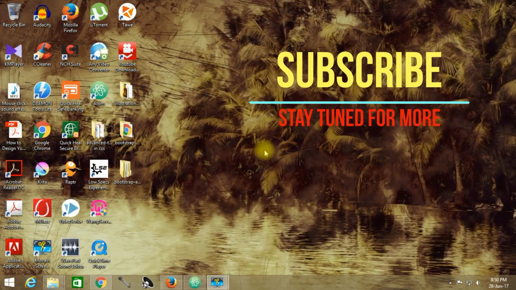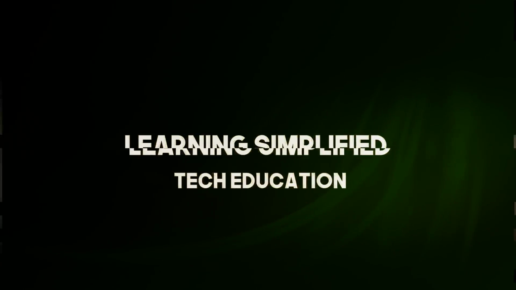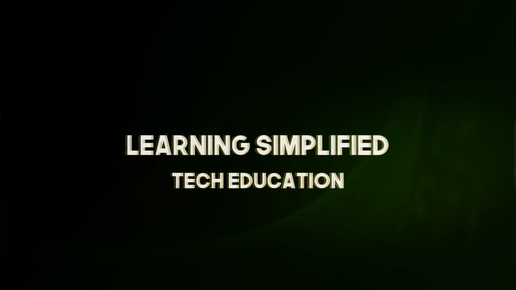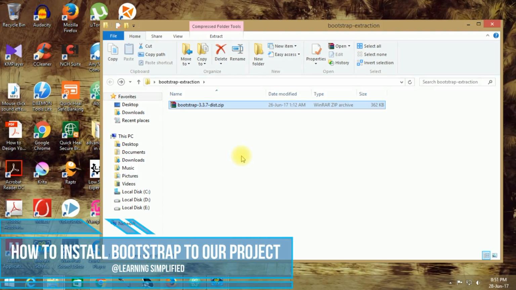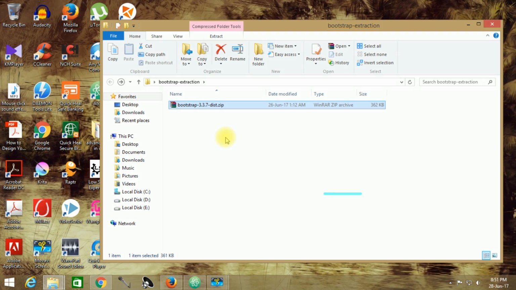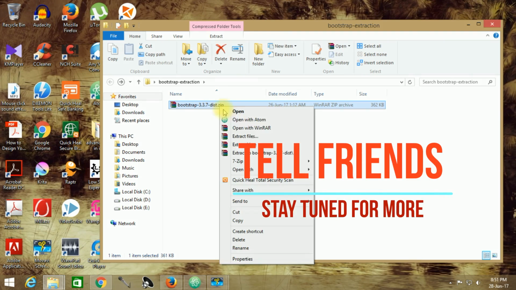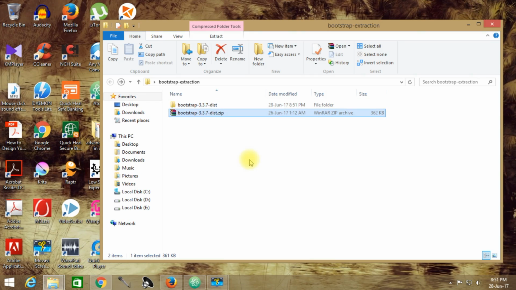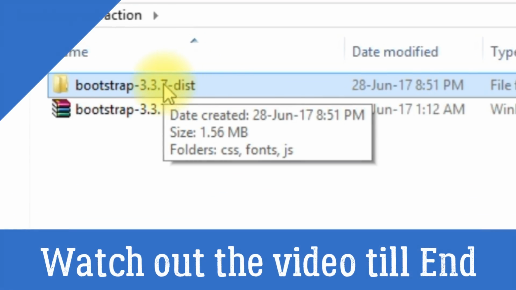In this tutorial, we are practically going to learn about how to install Bootstrap into our project. In the previous tutorial, we have seen how to download the original source code, and it was downloaded into our computer as a .zip version. Now all we need to do is extract the files. So all we have to do is right click over it and extract here. We can see now that from the zip version it has been extracted, and all the components are stored